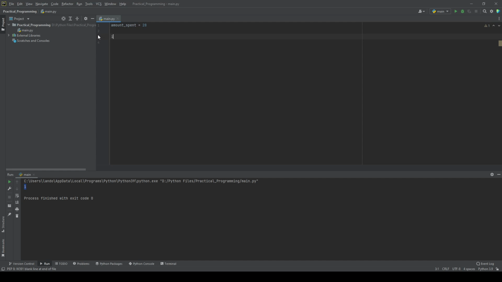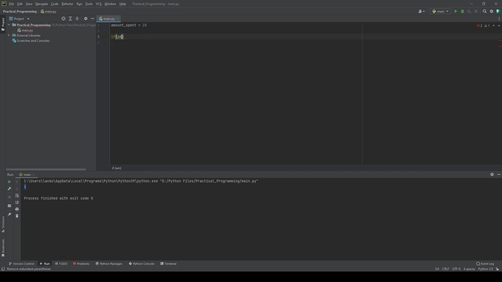So I would say if, and this is what's called an if statement. An if statement is exactly what it sounds like. You say, if something, do this. And then you can also add more to that. You can say, if not this, do this. Things like that. But I would say, if amount spent,